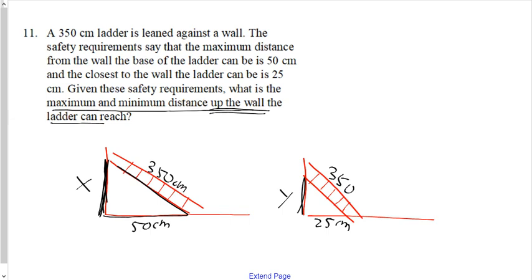X is going to be, actually I got them backwards. The closer it is to the wall, the higher up it goes. The farther away that ladder is from the wall, the lower up it's going to go. So my x is going to be my lower distance, and my y is going to be my higher distance. If I solve it,